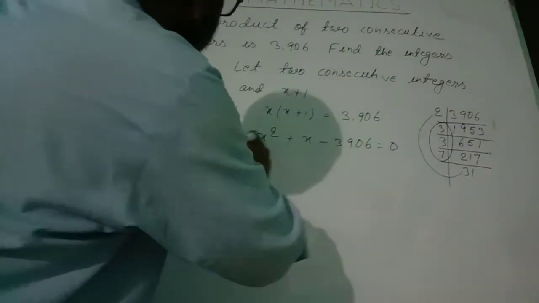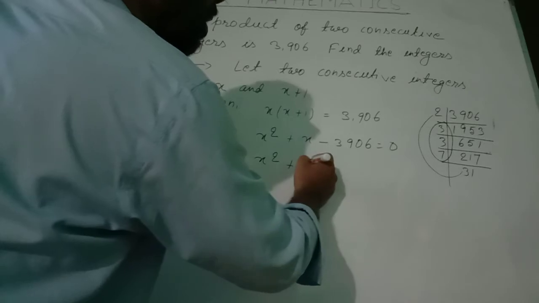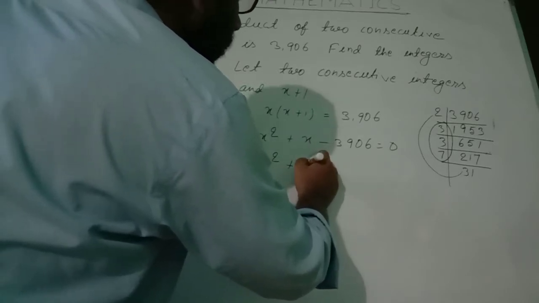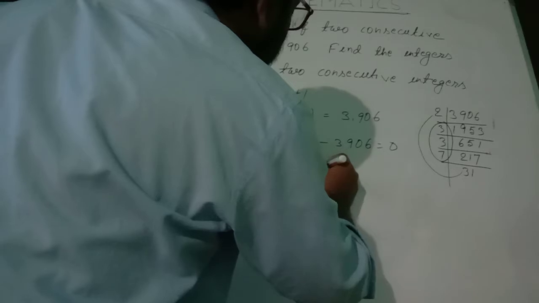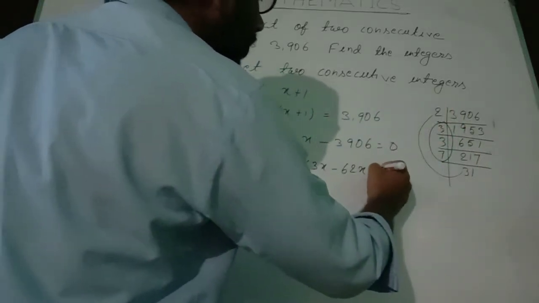So we split this middle term in this way: x square plus 63x minus 62x. 63 is coming from here. 7 3 is 21, 21 into 3, 63, and 62 is coming from these two, 31 and 2, 62, minus